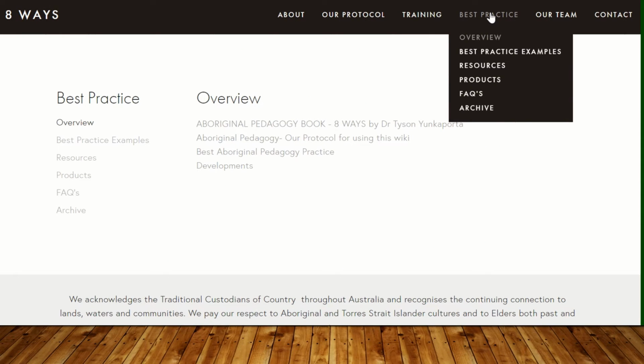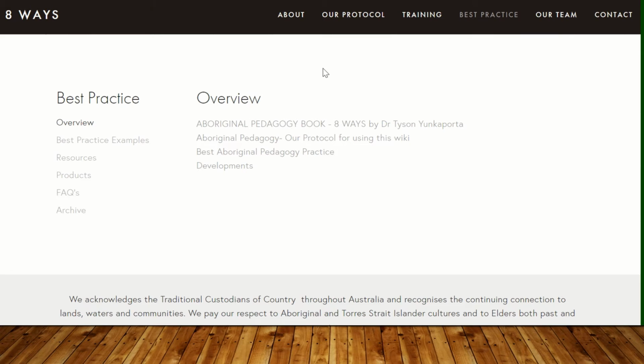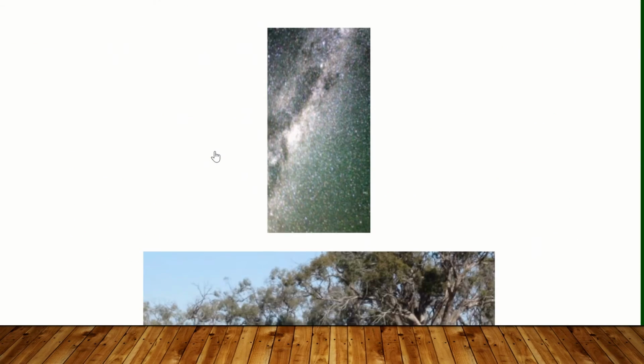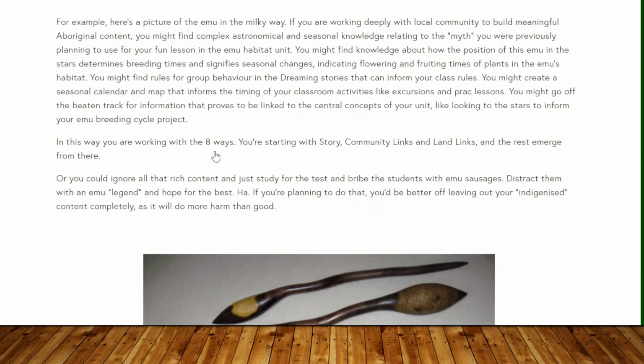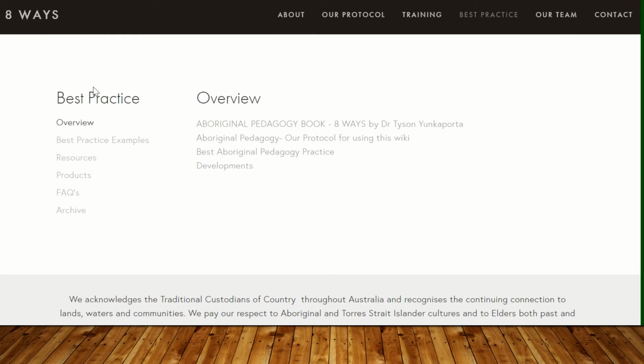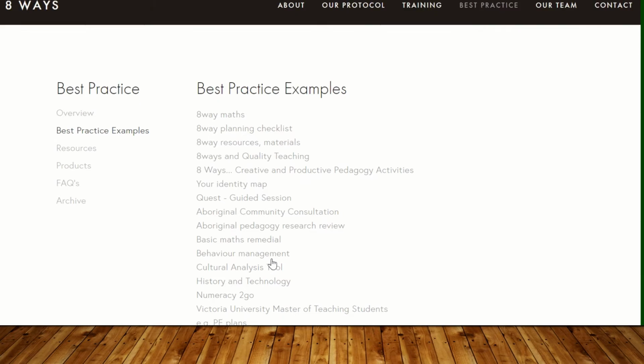And the last reason for choosing 8 Ways is the multiple resources under their Best Practices section. In overview, they have Best Aboriginal Pedagogy Practice. It demonstrates how teachers could make the content inclusive with a bit of effort by using the 8 Ways of learning. In Best Practice Examples, they have more than 10 examples and strategies that teachers could use to demonstrate and